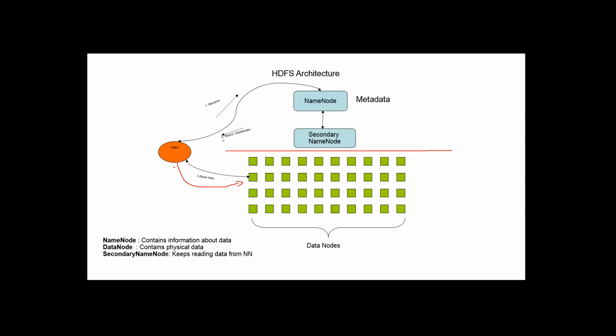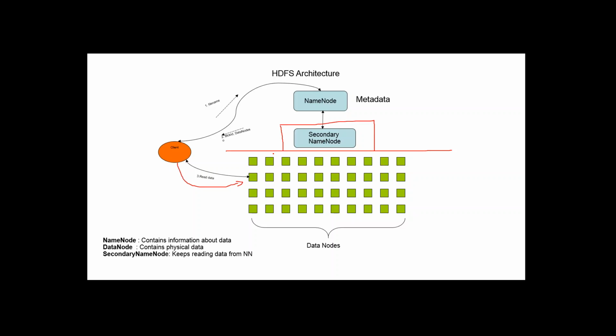And there's something called the secondary name node. This is the architecture of Hadoop 1.x. We'll look into the YARN architecture, which is the Hadoop 2.x architecture, in later classes. There's a little difference between 1.x and 2.x. In the 1.x architecture, if your name node goes down, the secondary name node, which keeps interacting with your name node and has its recent history, can physically be brought up, and then your requests will come to the secondary name node.